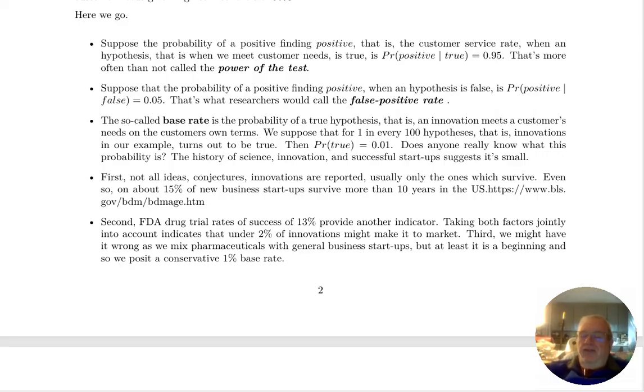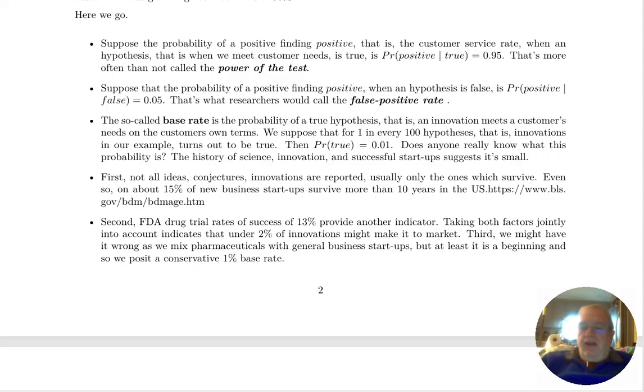The hypothesis is no threat. The positive finding here would be we got clobbered. Okay, we only want that to happen no more than 5% of the time, because we can't take any more clobberings, right? The 1 in 20 rule here. Base rate